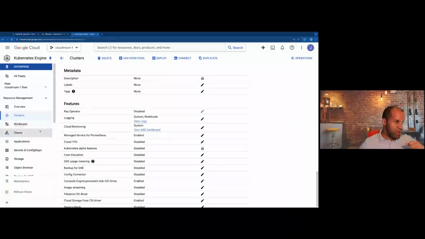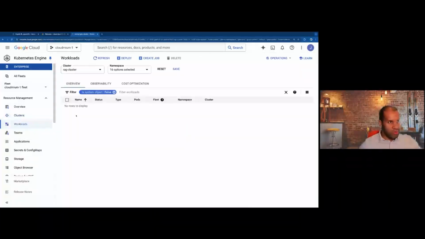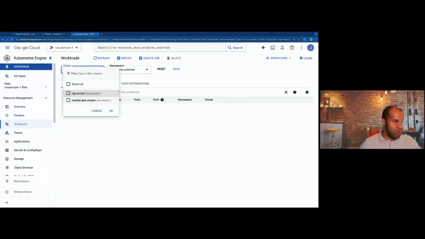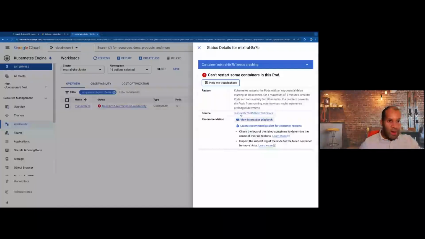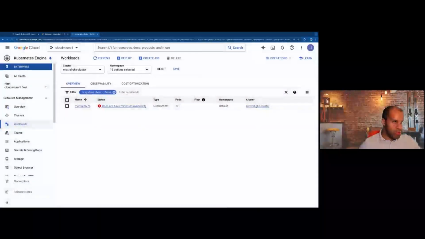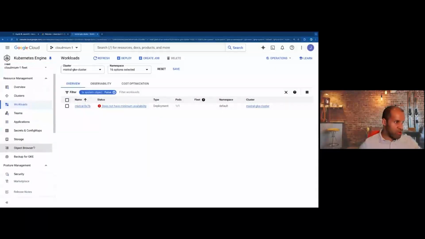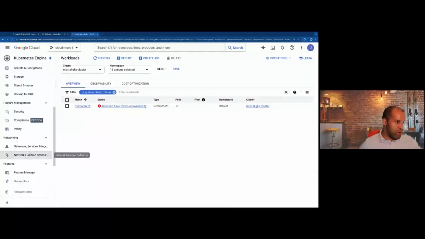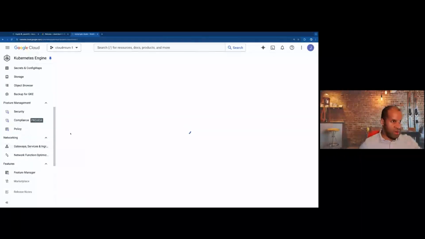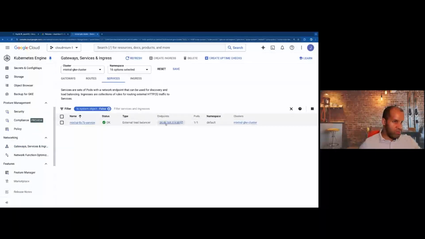And then we can also get some visibility into the workloads that are being used. So let me see here, old cluster that no longer exists. So yeah, oh, well, that's fun. Yeah, the pod's just restarting after pulling all the images. But yeah, this kind of gives you an idea of how it all works. Then of course I have my gateways and whatnot. I have a fully functioning, where are the services? Here we go. So like an exposure here,